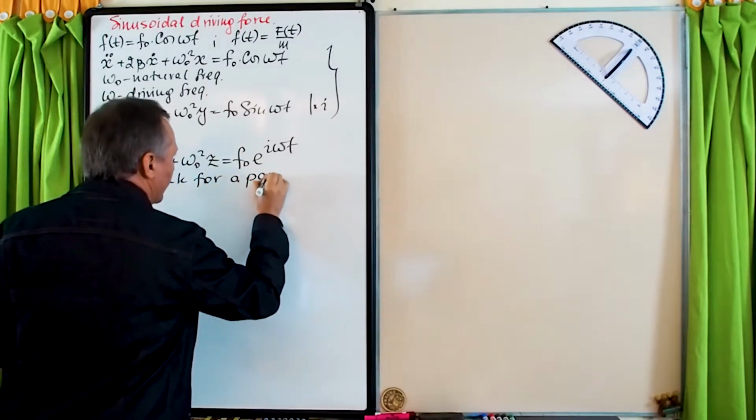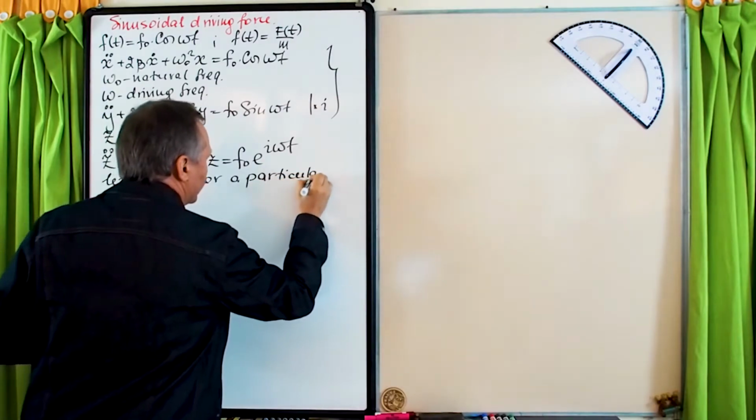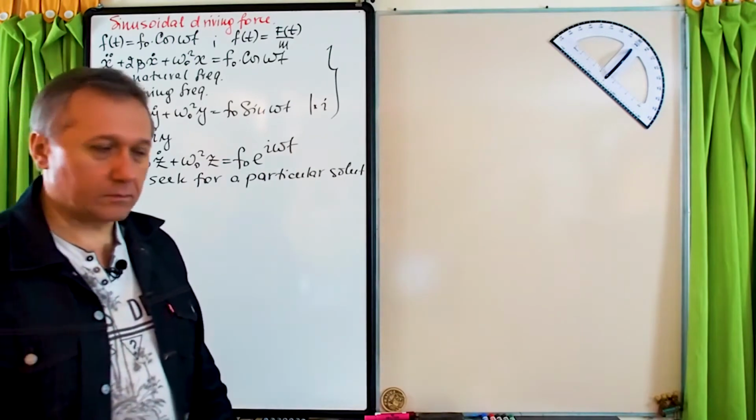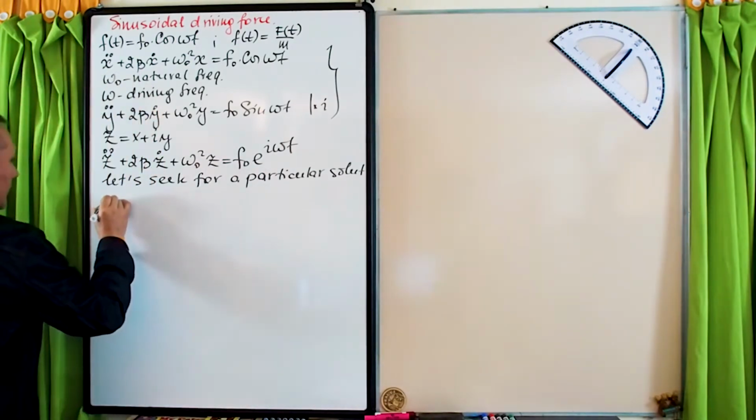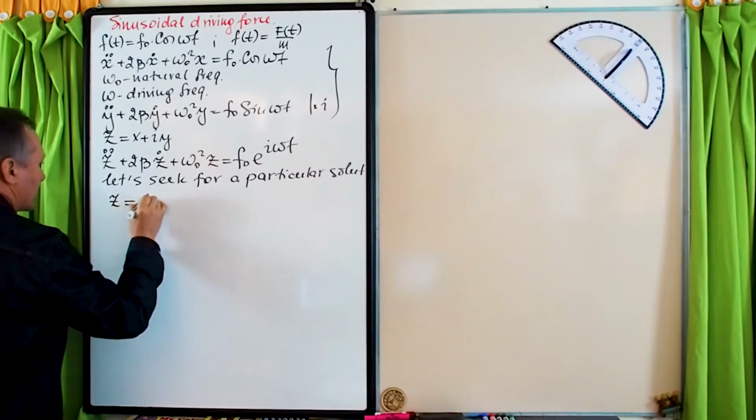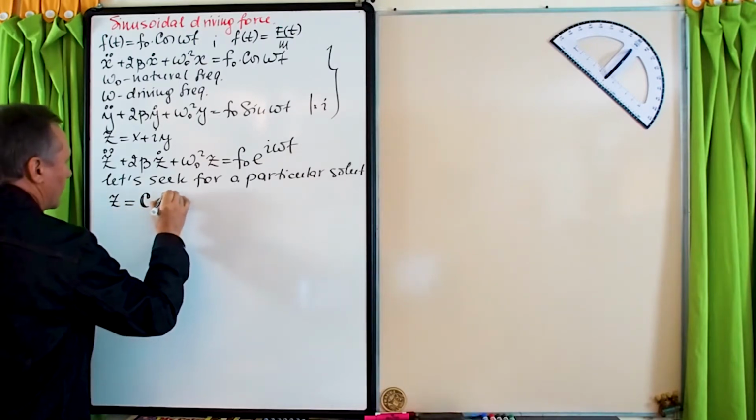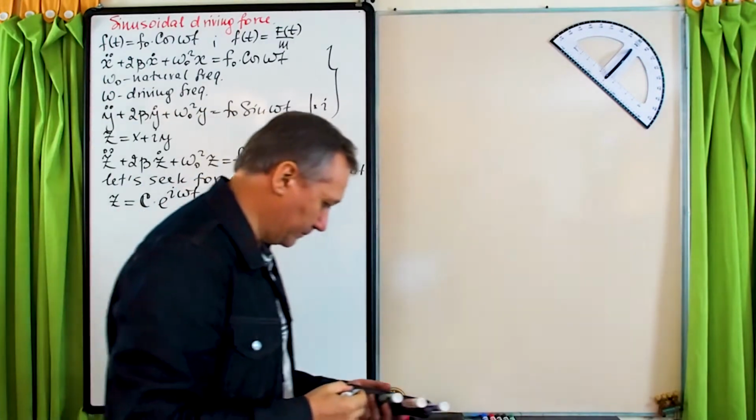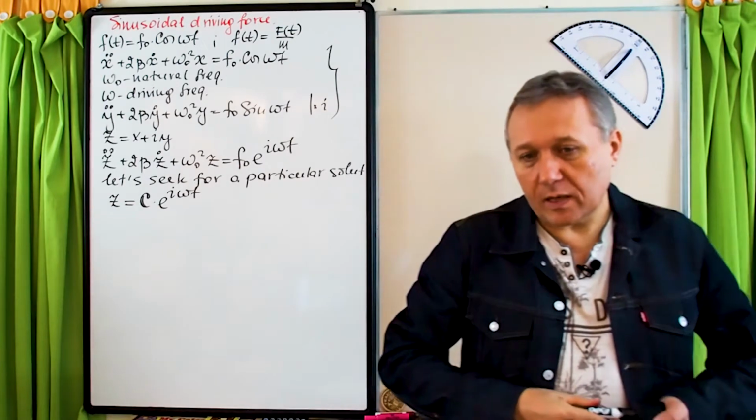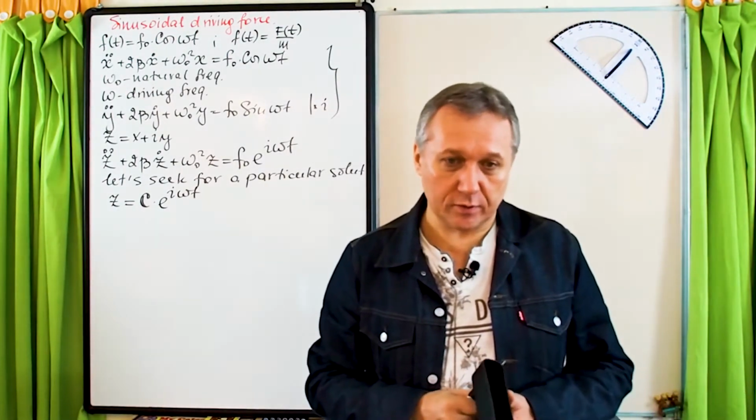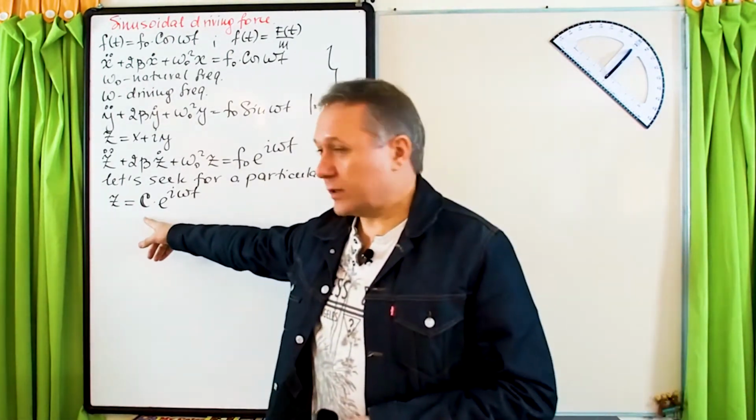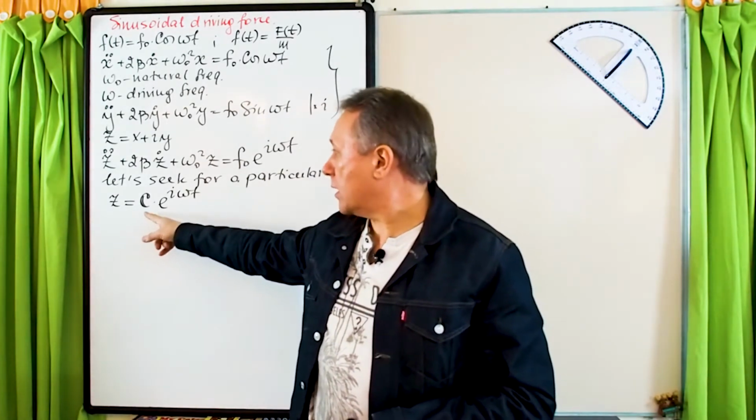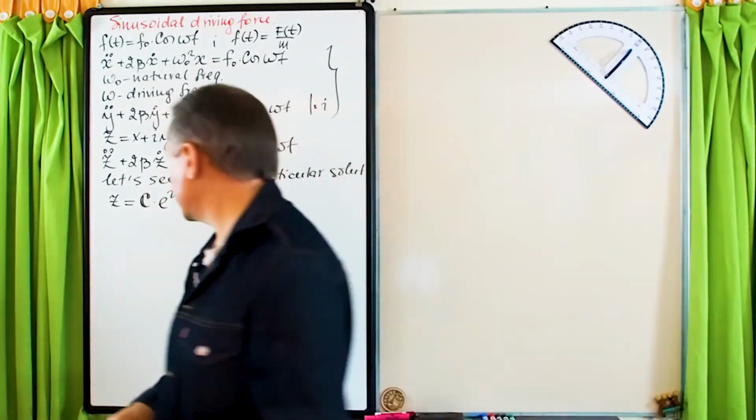Okay, particular, let me emphasize. In this form, z equals some constant c e to the power of i omega t, where c is an undetermined constant. So basically, the goal now is to find just this constant, the form of the constant which would satisfy this differential equation. So let's just plug it